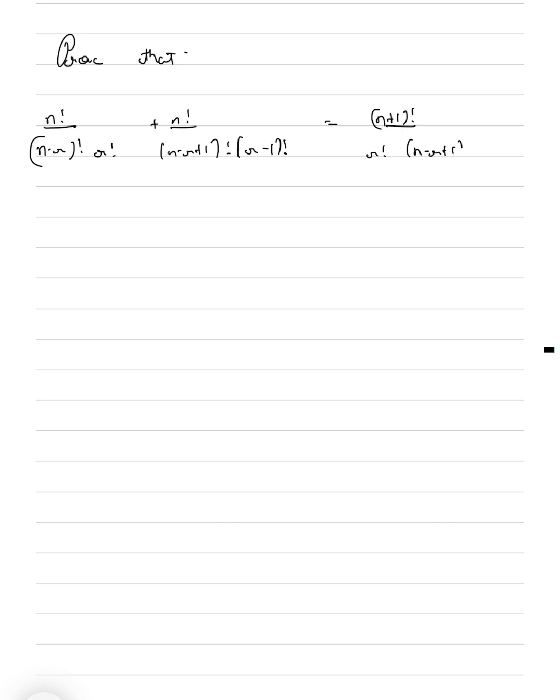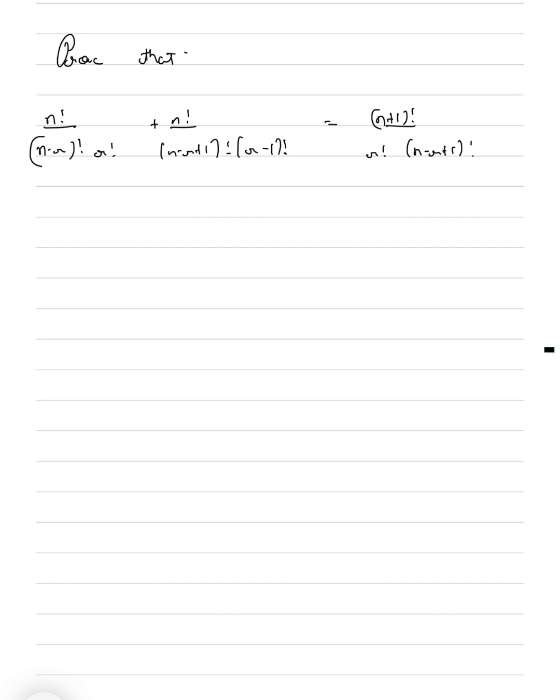The next question that we are going to prove is an important question. I think it has been asked in the CBSE examination many times. What does the question state? We have to prove that factorial n upon n minus r whole factorial r plus factorial n upon r minus 1 whole factorial equals n plus 1 whole factorial upon r factorial n minus r plus 1 whole factorial. As I had already told you, we have to